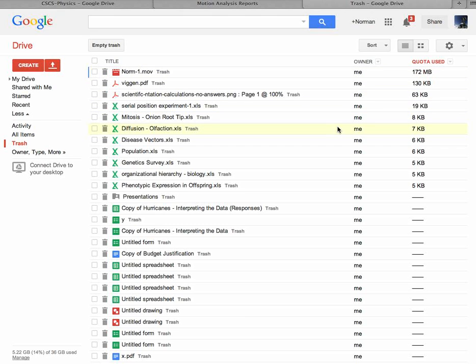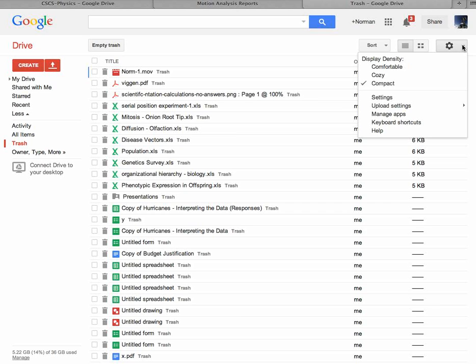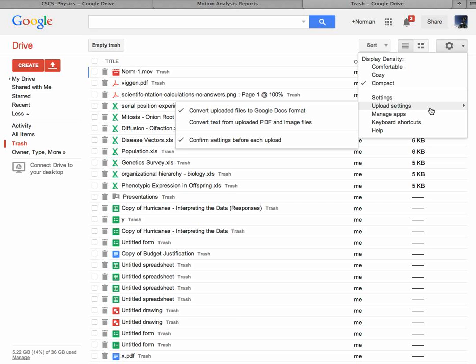If I wanted to see where the big files were, I've just organized by quota, and I can see, wow, that movie is indeed taking up substantially more space than these Google documents, which take up virtually nothing. So again, if you're working with the Google Docs, you're going to have a tremendous amount of room to work with. When you look over here, your upload settings will be your default settings. You can override at any specific time for how you want to